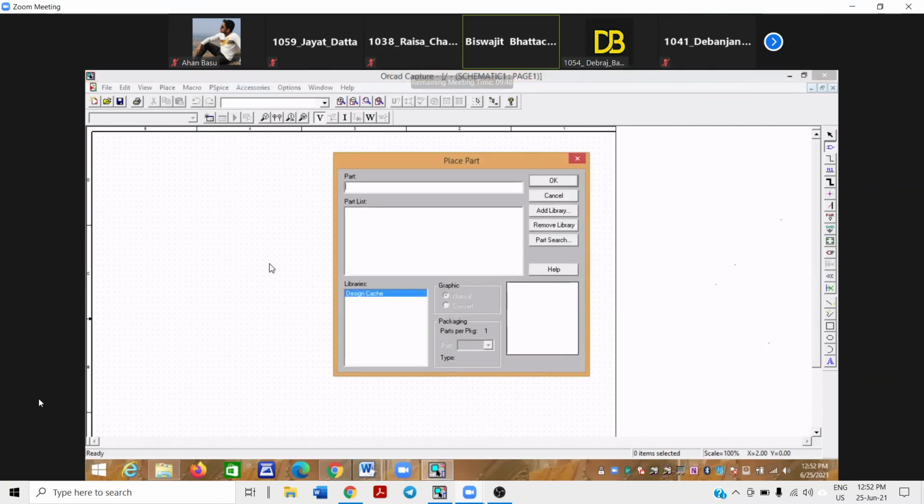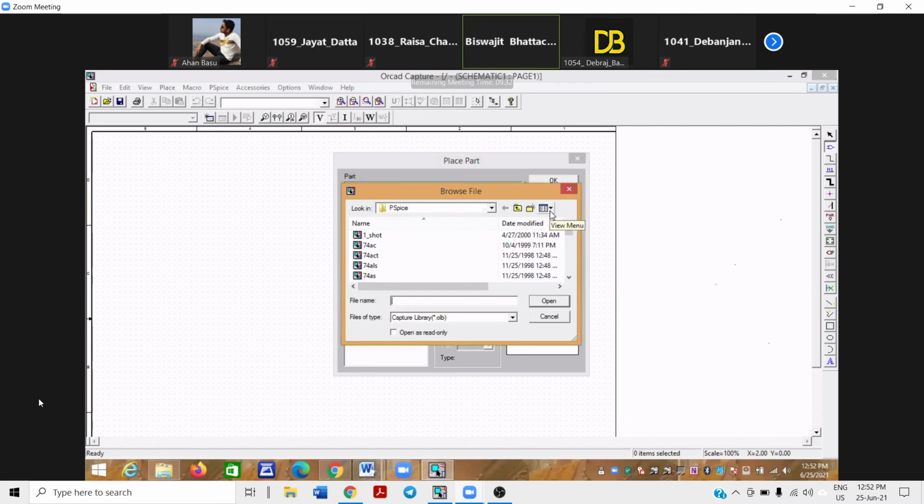Now you see, the first time you use something, there will be no library at all. No library here. First you have to take the library in the design environment. So go to add library. Which library do I want to add? Once you write add library, there you will get different names of the libraries.